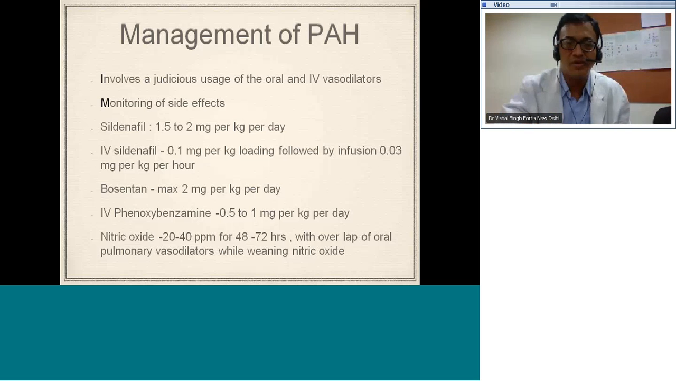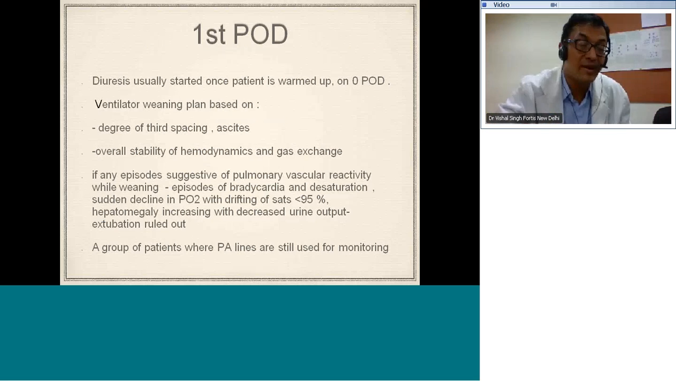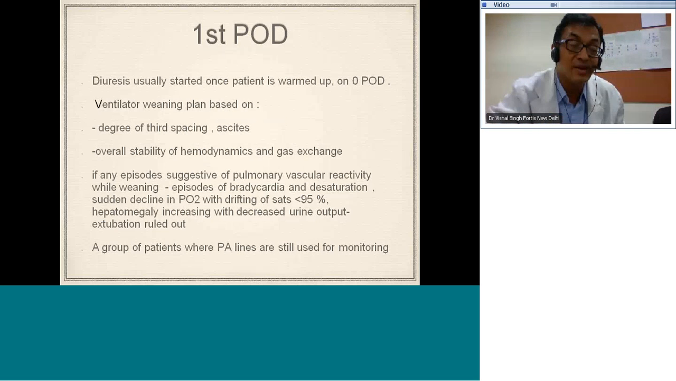The primary reason, well, I cannot give you a rationale for why you're combining both sildenafil and bosentan. We're just looking at minimizing the dosage and side effects, and also ensuring that